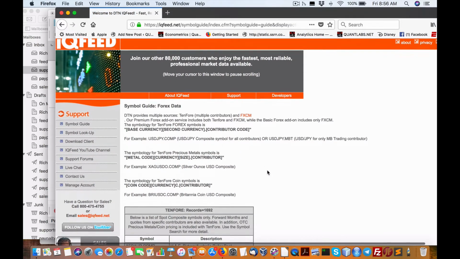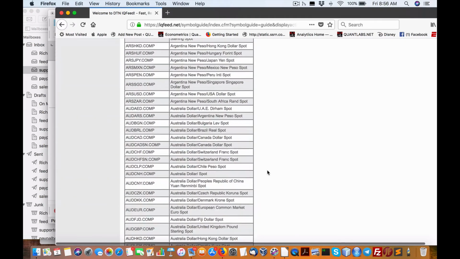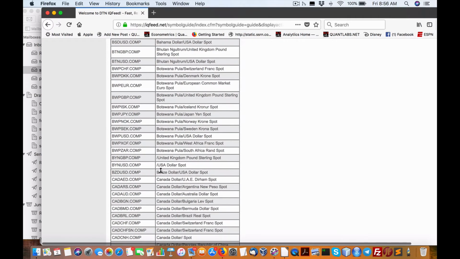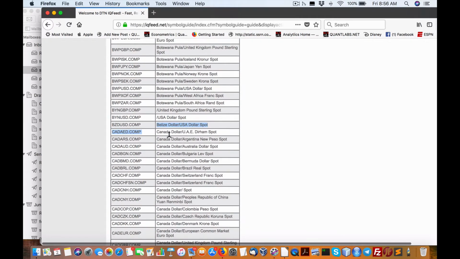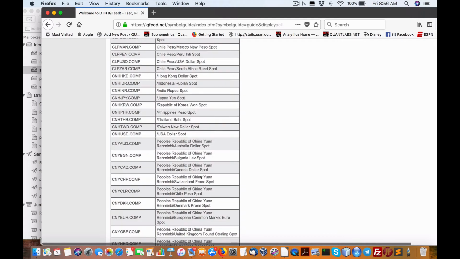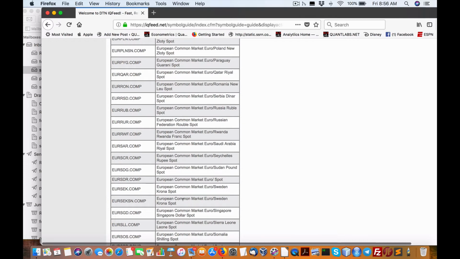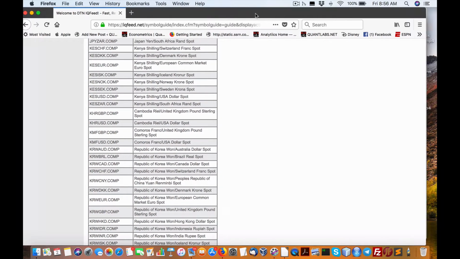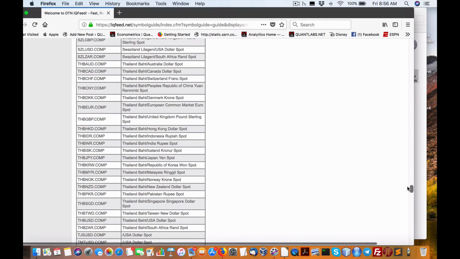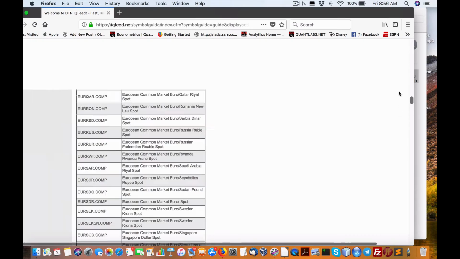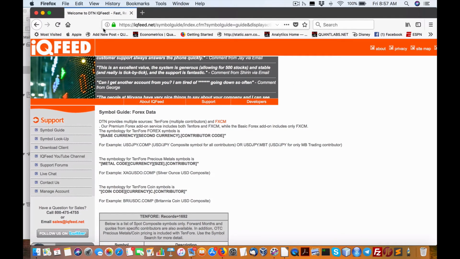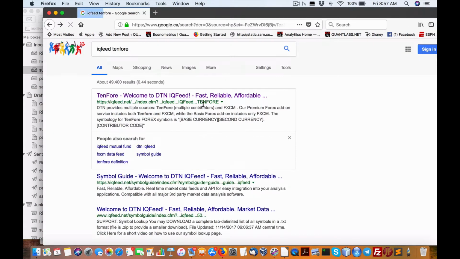So what we're doing is we have multiple sources, over 40, found on IQFeed. Now you can see here, here's the dollar spot, Canadian dollar, UAE dirham spot. Let me just find some other European common market, Euro, Sweden, Corona spot. Just see if we have anything else. These are all spot market. Okay, we don't want that. So we want,